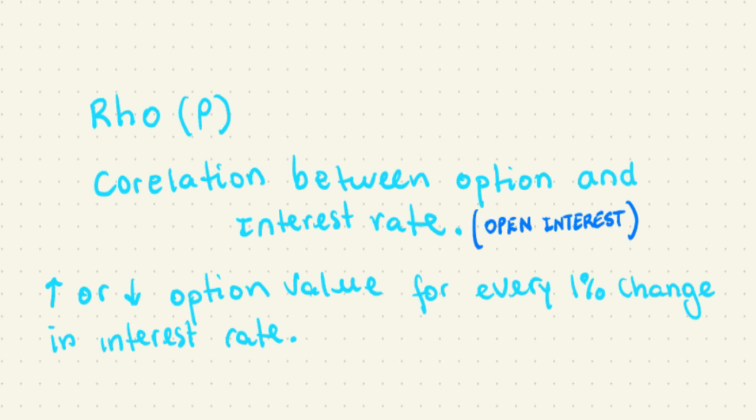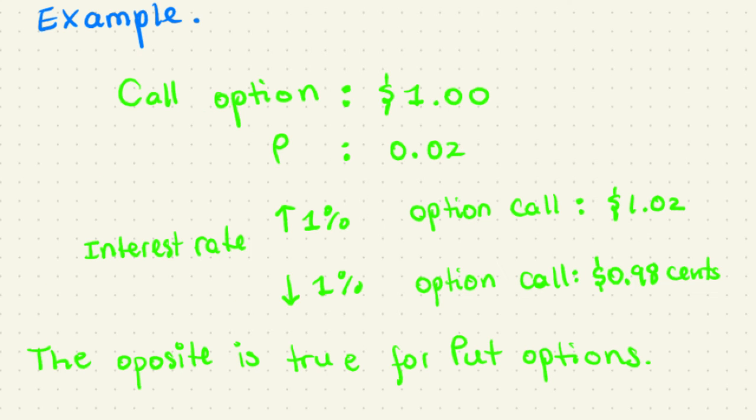Rho might sound a little weird, but rho shows the correlation between option and interest rate. So it is an increase or decrease in our option's value for every 1% change in interest rate. In our example here, we have a call option that is worth $1 and our rho value is 0.02. So every time interest rates go up 1%, the option call value increases by 2 cents since our rho is 0.02. And every time interest rates go down by 1%, our call option goes down by 2